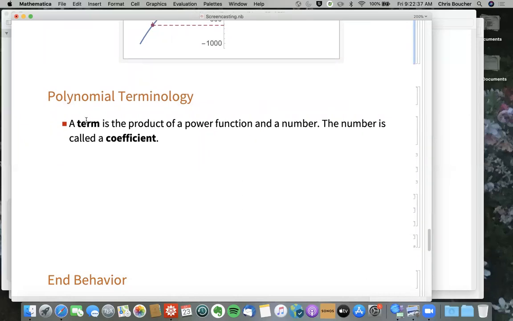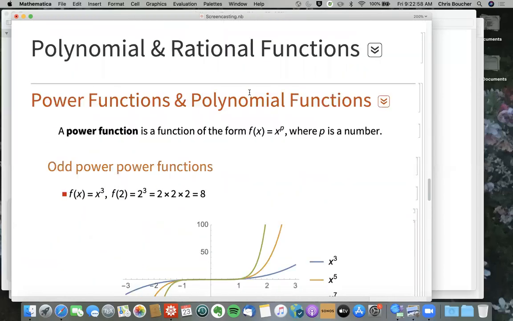First of all, some terminology. A term is a power function multiplied by a number. And we should say, let me add something here, with a positive integer power. Right, so we said at the beginning that p is any number, so conceivably p could be like